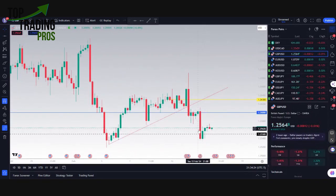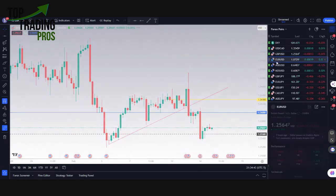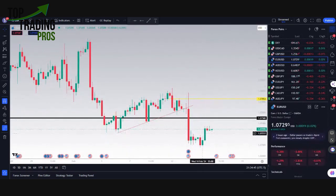We also have here for the GU idea, again, this one holding this area now as far as that 105,500 area. And in holding that area, we are looking to see if this can make it back up to 126. But again, that's going to be on the negative dollar news. So this making it back up to 126 is going to be on negative dollar news tomorrow. And then we have the EU idea. This one, again, after making these fresh new lows, it is looking weak here as far as no buyers going into that news, also being underneath the major quarter level of